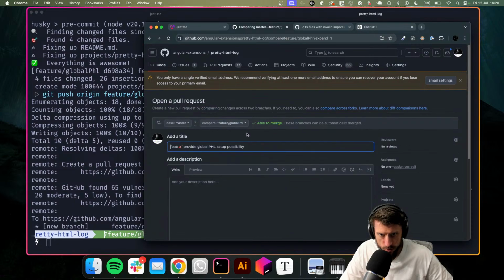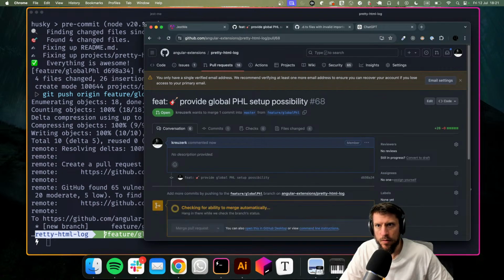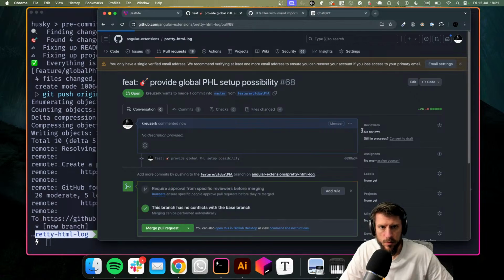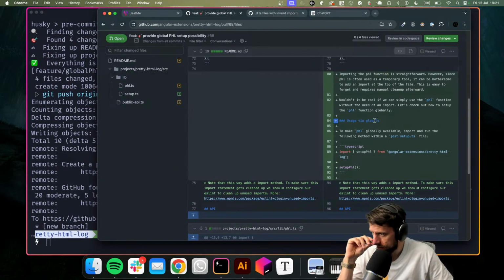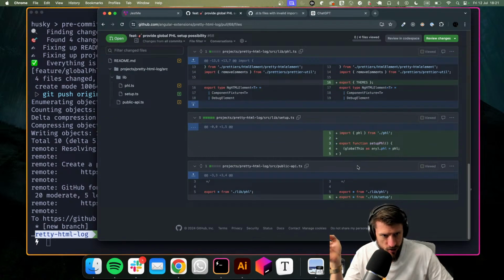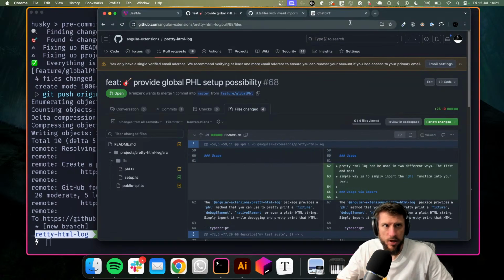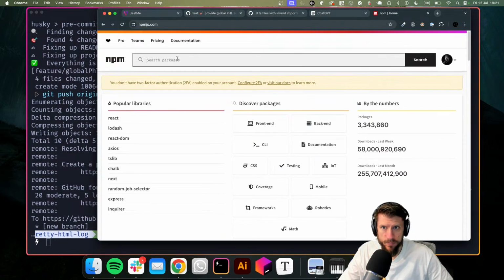So let's create a PR. File changes 4. So what do we have? We had the README where we added some stuff. We export the themes, we export the setup PHL function and the library setup. So the current version of